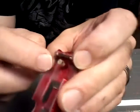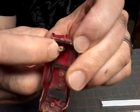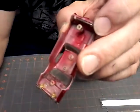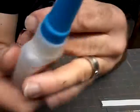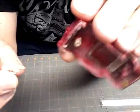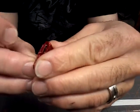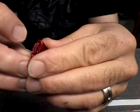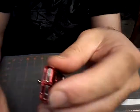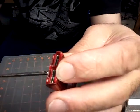Another thing you can do, if the post is perfectly fine, it's not cracked or anything, but it's gotten stripped on the inside of it, is take a little of your super glue and just pour some super glue down inside of here. This one's okay. I've actually done this to this one. And then take your screw, after you put your super glue in there, and just screw the screw down into the post,